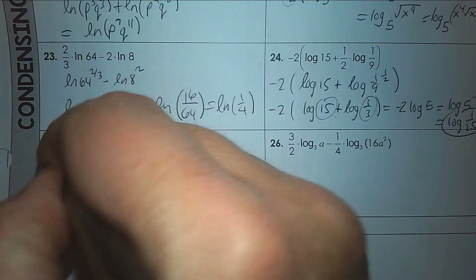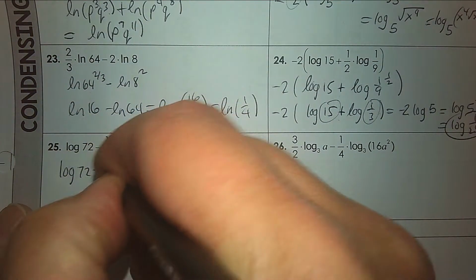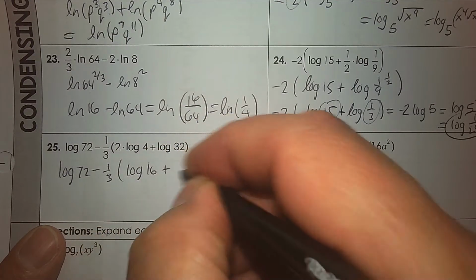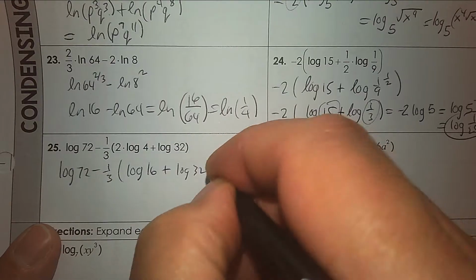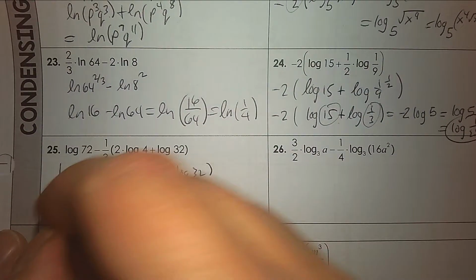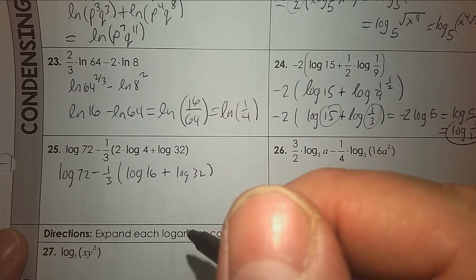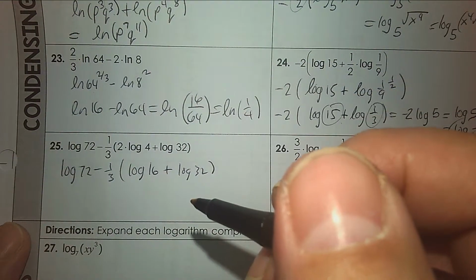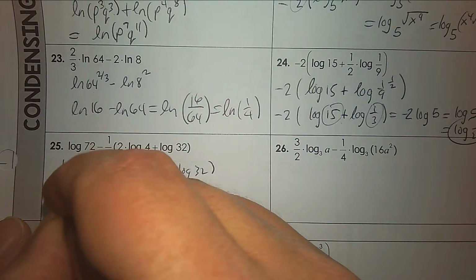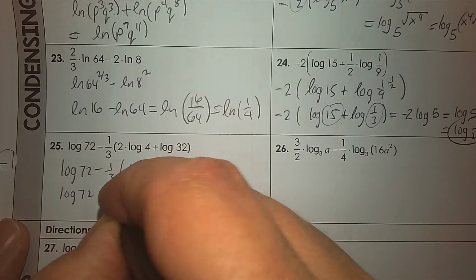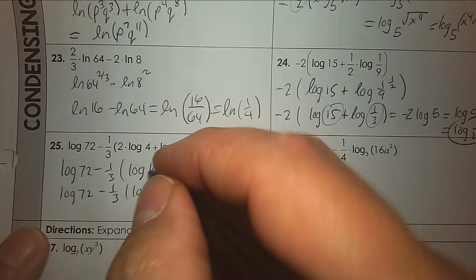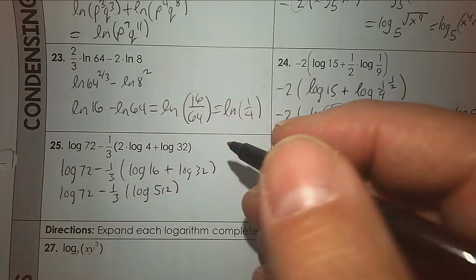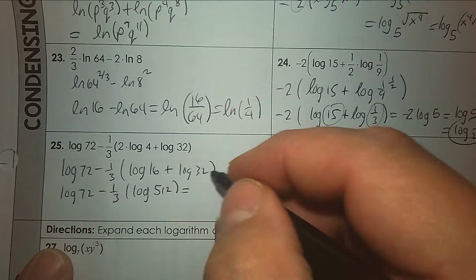So start inside the parentheses. That's log 4 squared, which is 16. Then when you see adding, what do you do with the two numbers? You multiply them. I'll help you. That's 512. Then,